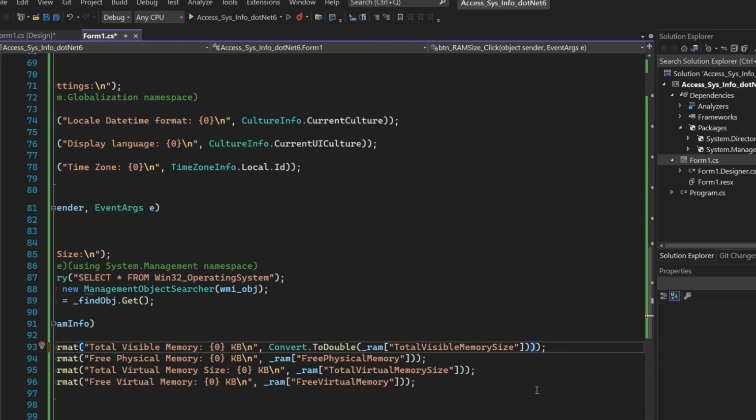And slash, let's divide it by 1024 times 1024. That will convert KB to GB. Okay, add a parenthesis outside the whole string and add .ToString.